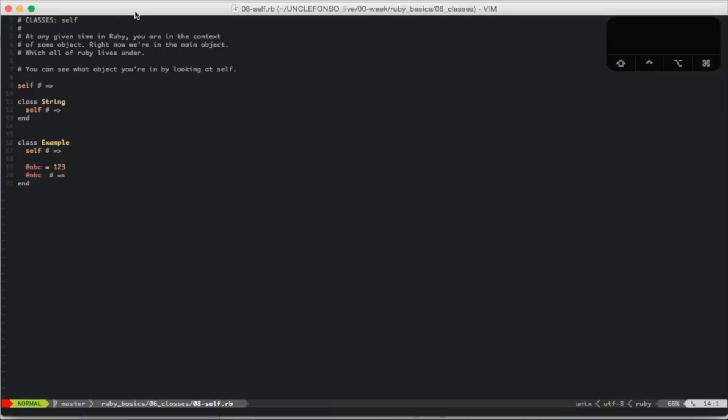Okay, so class is self. Self is an interesting, I guess, tool you can kind of use. At any given time in Ruby, you are in the context of some object. Right now, we're in the main object. Remember, all this code we're writing in the editor right now is sitting